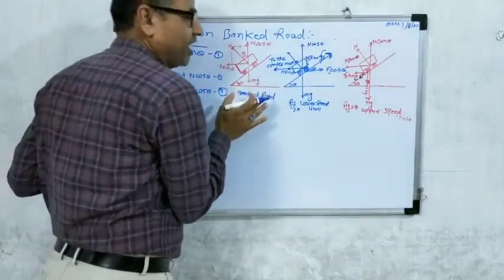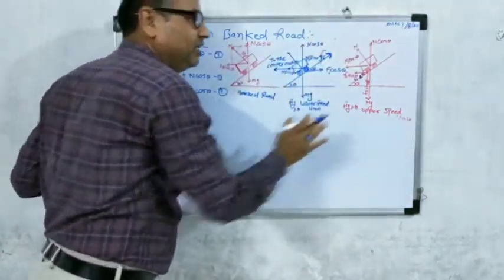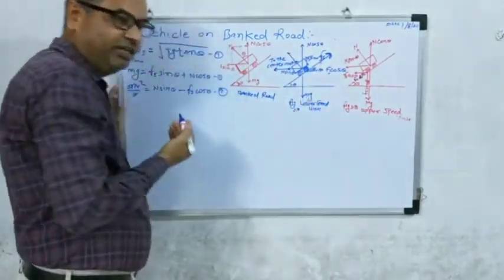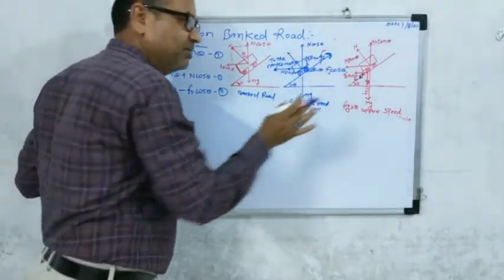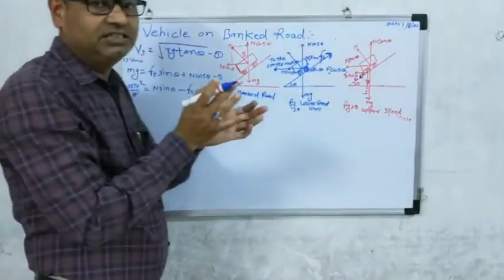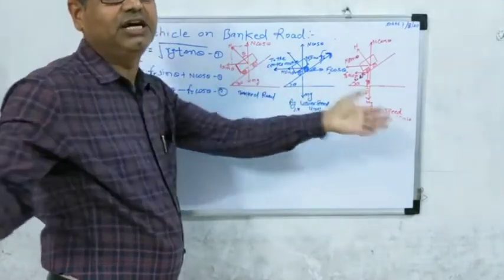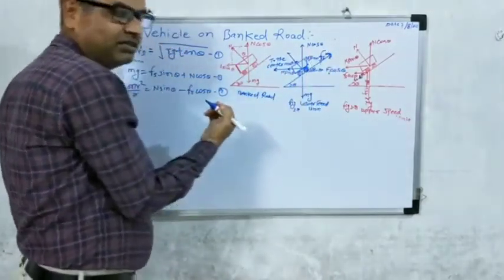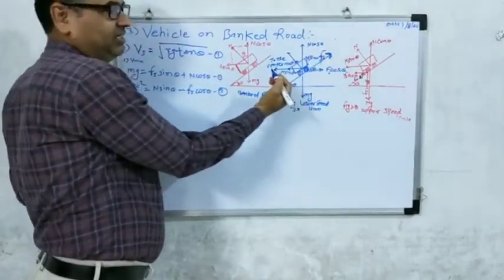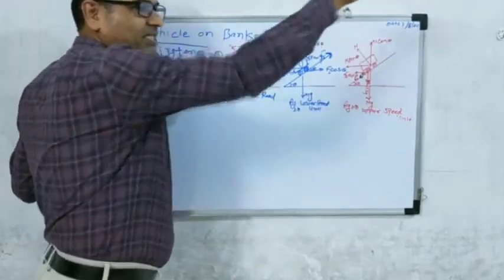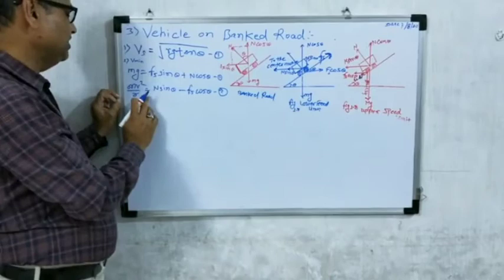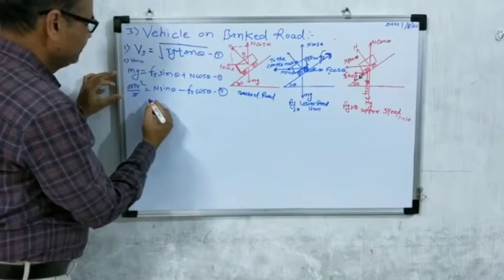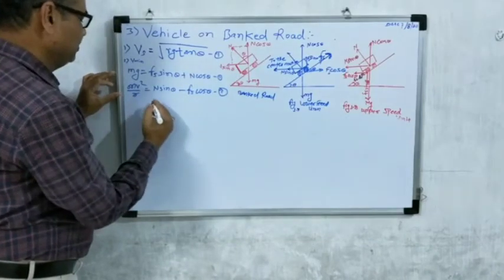The force of friction must be provided in the upper limit. The speed should be the lower limit. The force of friction must be at the upper limit. That is, the sign should be the convention in the opposite direction. The car should come back over to the center, but the force of friction must be provided upward. That is how the second equation is created.